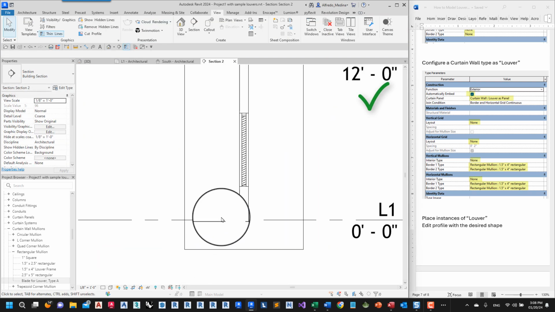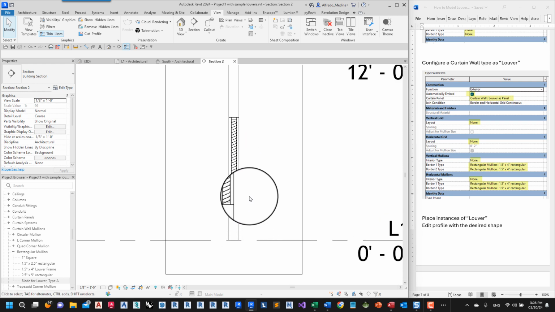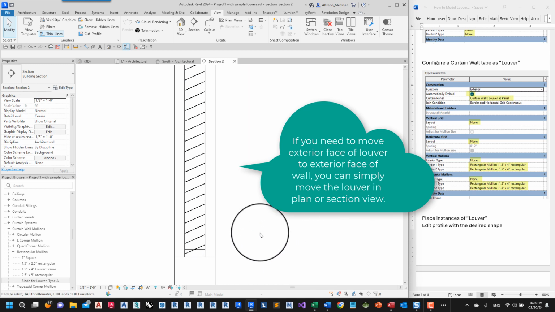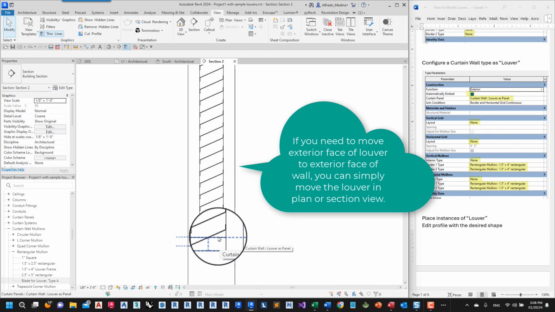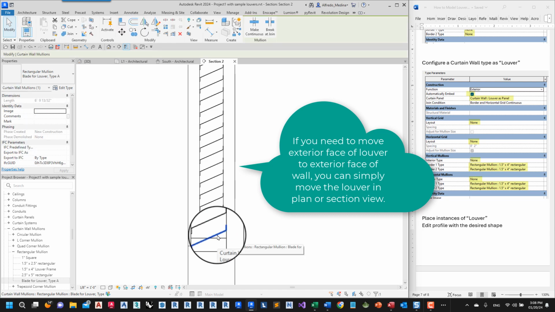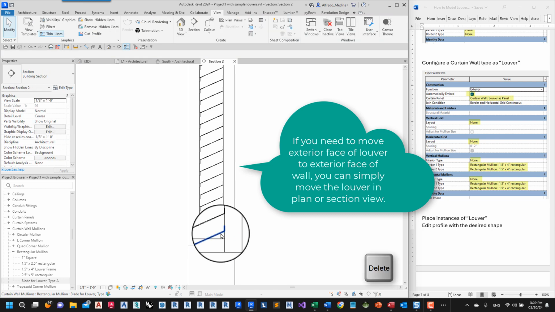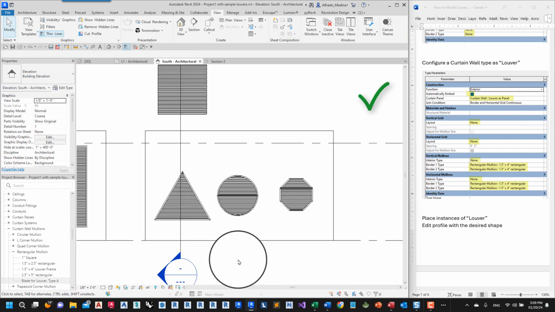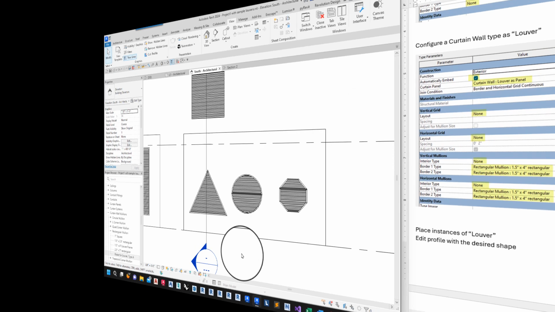If we go to the section, this is how the louver looks. If you want to make adjustments, for example, if you want to delete one of the mullions, delete that, and now you can have louvers of any other shape.